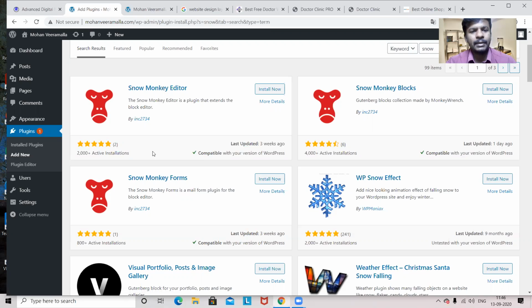See, these stars are given by the people who use this plugin, and the maintainers can't fake the number of installations. It will show only when you install. Just like the Play Store, where we can install apps and see how many people installed that app. So here also it's the same thing. We'll install the plugin which the maximum number of people have installed, so that we can analyze.